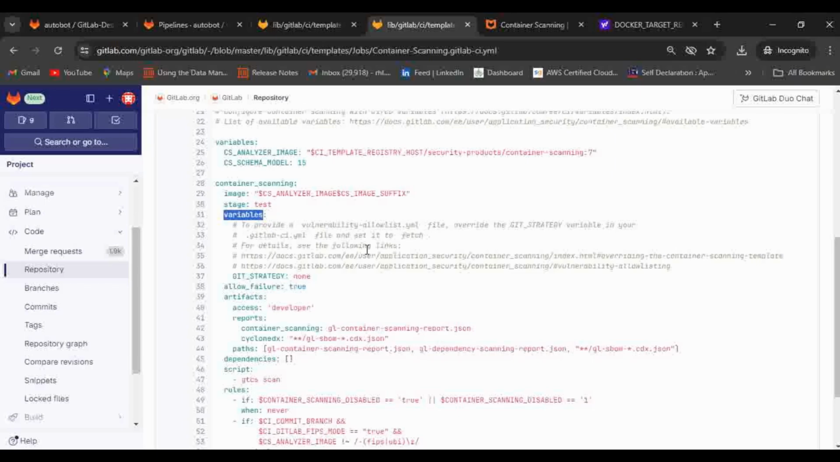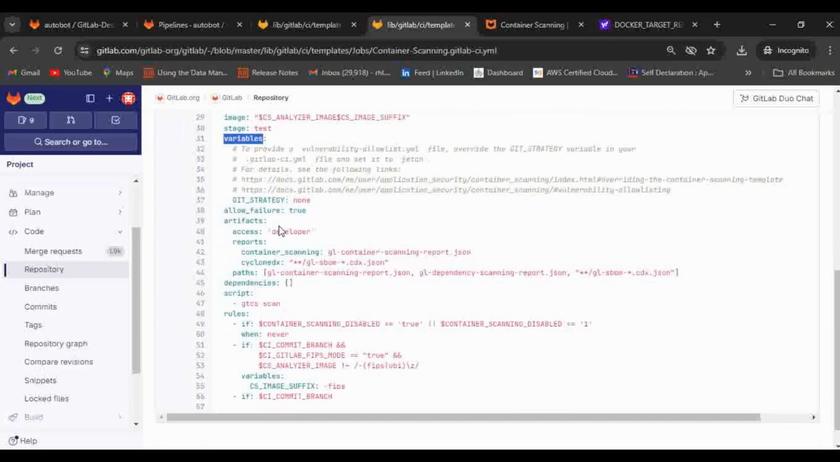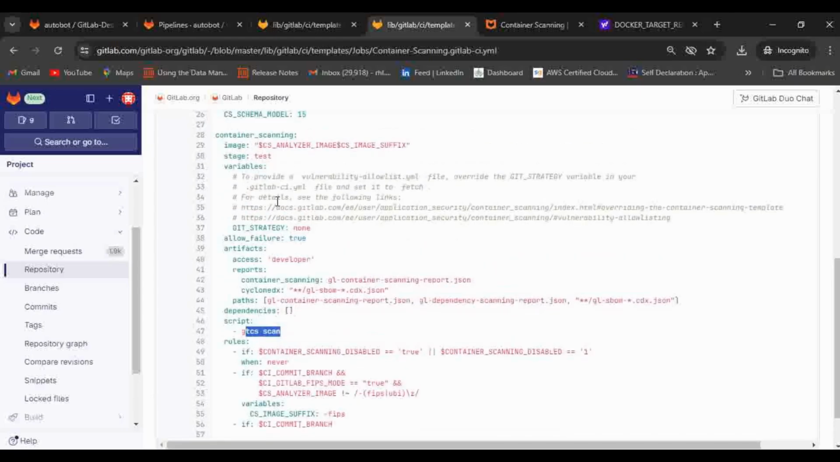on your requirement. Okay. So here by default the allow failure is true, and here you can see the reports that are getting generated, and the script that they are using is gtcs scan. Okay, so that's it. And some rules are also there. So if you want to override the rules, you can do that as well. Okay, so here you can see the artifacts section. So it will attach all these artifacts as part of your job execution as well. So where you can find the